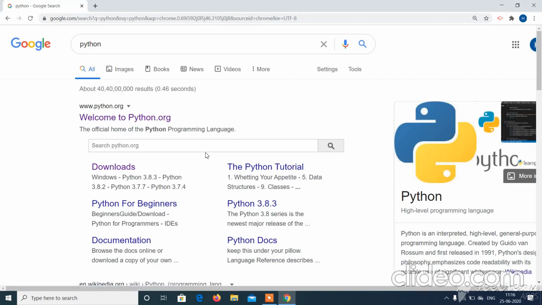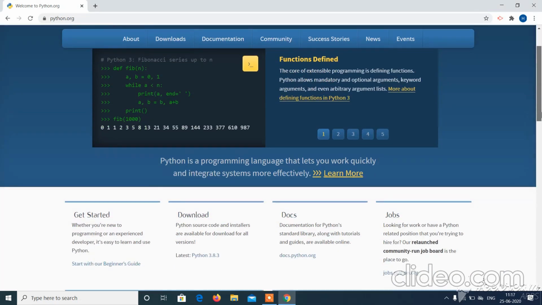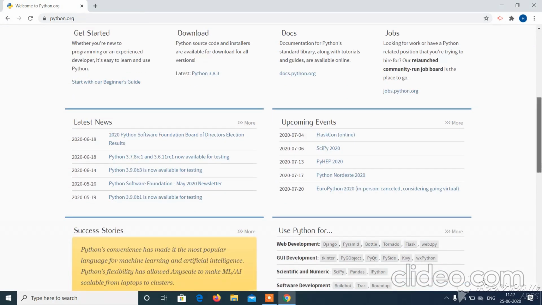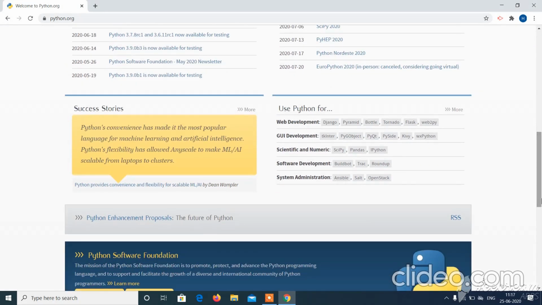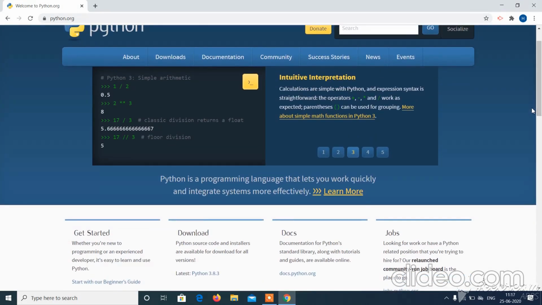The first option that appears is welcome to python.org. So this is the site through which you can get all the data related to Python, the old versions, the latest version, etc. So just click on welcome to python.org. Here you can see there are multiple versions which have been mentioned, their release date, where and how they can be used, etc. So we'll be using the latest version.